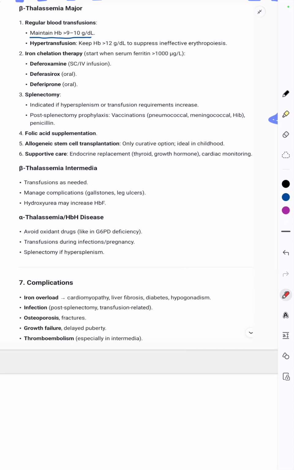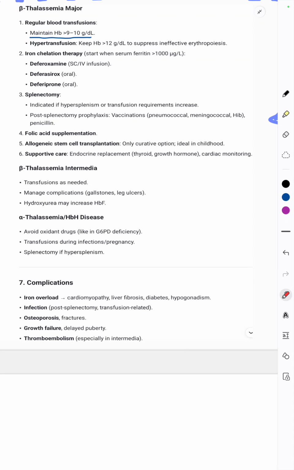You have to maintain the hemoglobin of the patient at more than about 9 to 10 grams per dL. However, hypertransfusion should not be performed, that is, it should be less than 12 grams per dL. Then iron chelation therapy can be given by deferoxamine, deferasirox, or deferiprone if the serum ferritin goes above